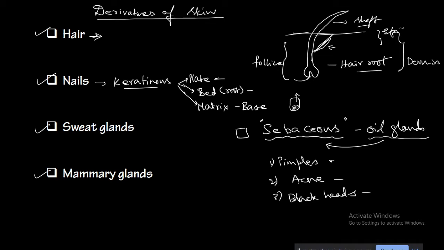Actually simple, but these sebaceous glands or the oil glands, what will happen if there is a continuous accumulation, okay, and it is not cleaned properly, then what is going to happen? Bacterial infection can take place, because these oils are very nutritious. So when bacterial infection takes place, it will give rise to the pimple. So here there is the bacterial infection.